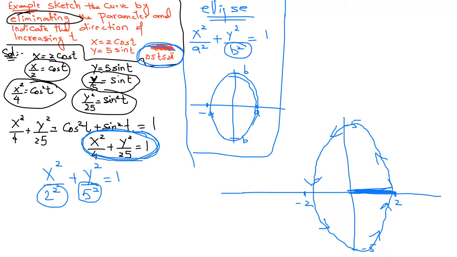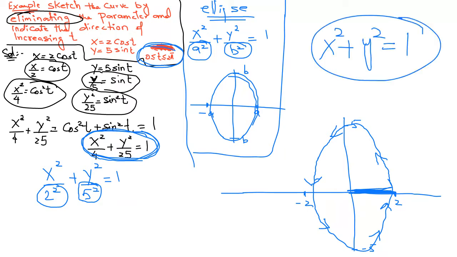Whenever you have sine square plus cosine square, that will be equal to 1. Whenever you have x square divided by a square and y square divided by b square, this is the ellipse. If you don't have anything, and only have x square plus y square equal to 1, this is a circle. This is the ellipse. This is the question. Okay, so this is clear.